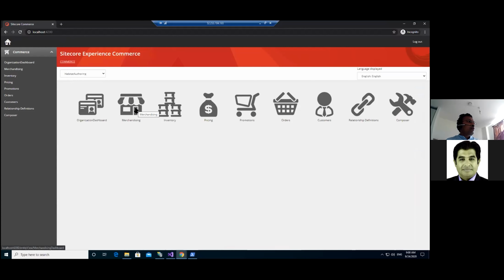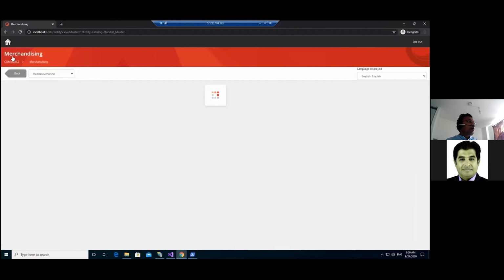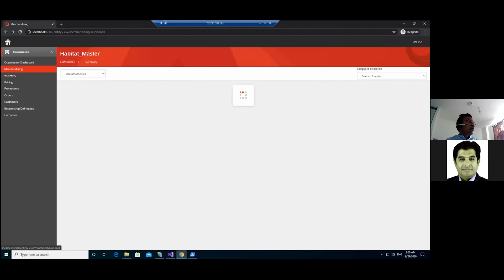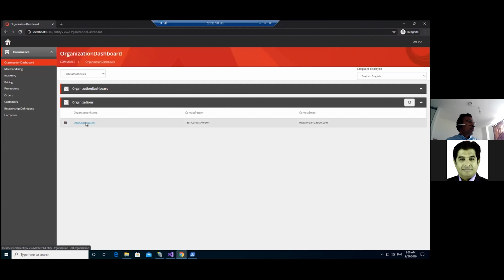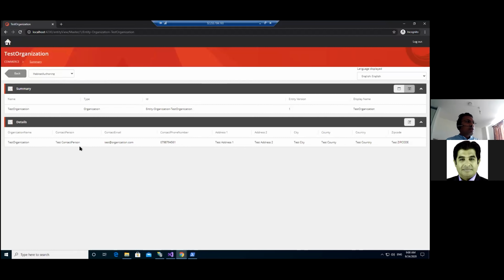All the out of the box entities are working, and the custom entity with the flat view. So this was my first demo, where we are able to run the business tool from Node.js.